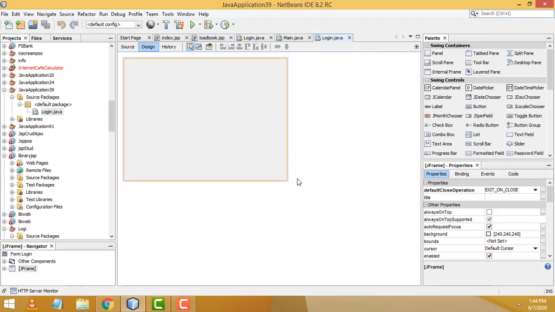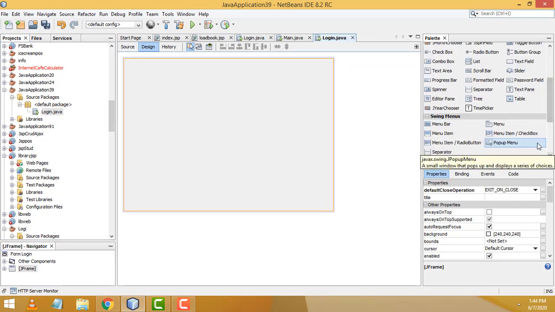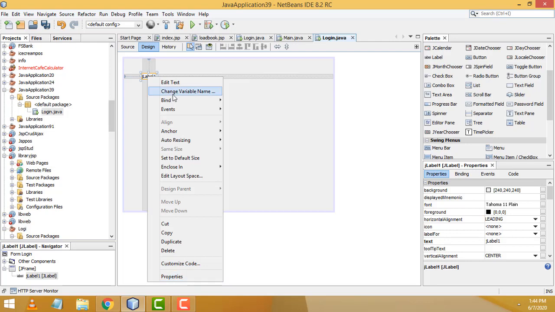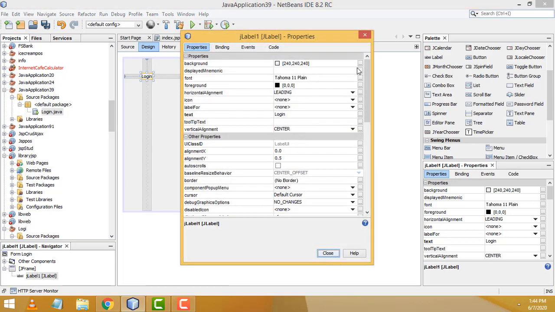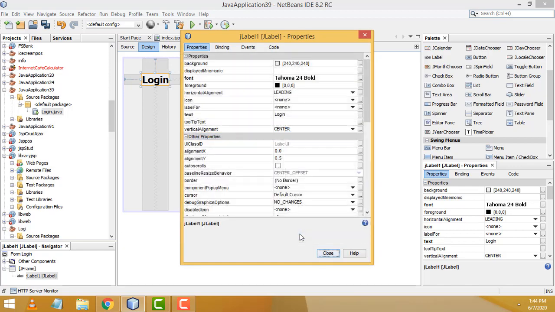First I am going to design the form. So let's select one label. This one should be Login. Select this again, properties, font property, bold 24.